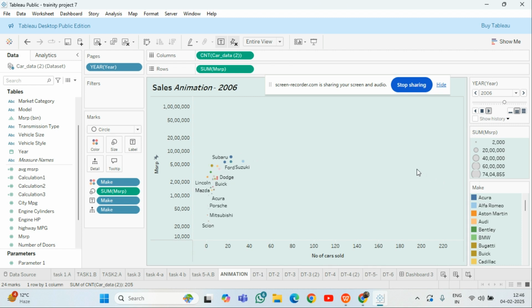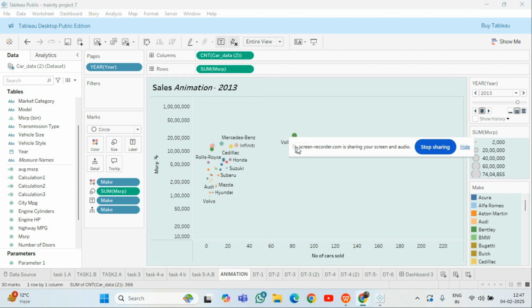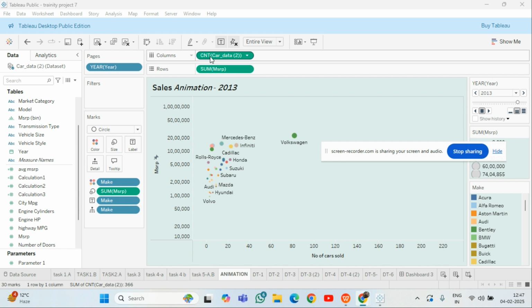This animation is for all the years. So this is the demo, a little bit of demo that I have shown you. I'm going to stop it right now. Basically, what you have to do is put the count of all the cars in the column section, and then the sum of MSRP in the row section. And then you have to create all the years into the pages,